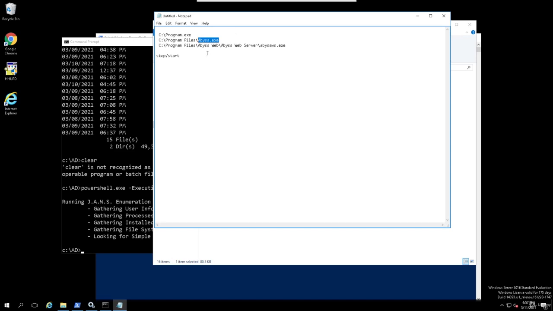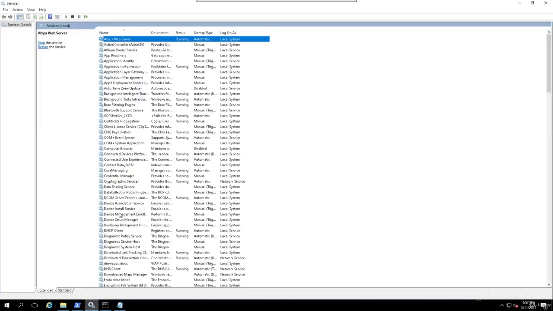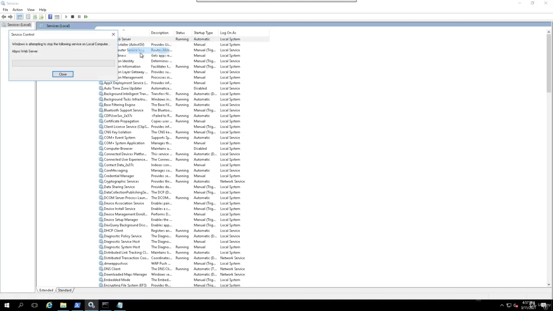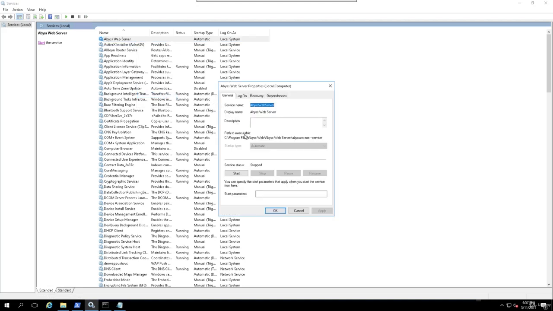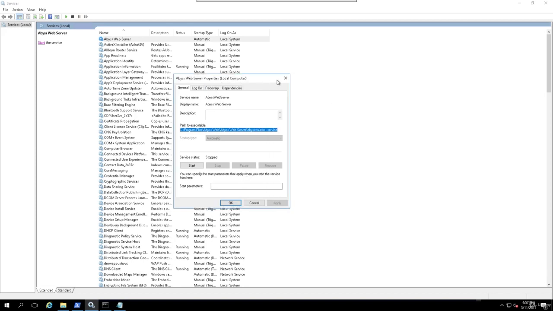Okay, so what I'm going to be doing first, let's go ahead and check to make sure that we have access to start and stop it. And as you can see in here, we do have access to stop and start that service. And if you want to see that it is indeed unquoted, you can see over here the path doesn't have quotes in between. It needs to have quotes in between in here, so we can get rid of that unquoted path